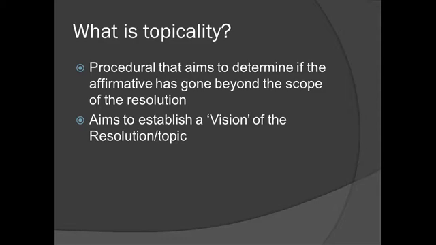So the expectation when you enter into different debates this year will be that an affirmative team will read a plan that in some way has the United States federal government increase its economic and/or diplomatic engagement with the People's Republic of China. If a team does not do this and they have not engaged the resolution